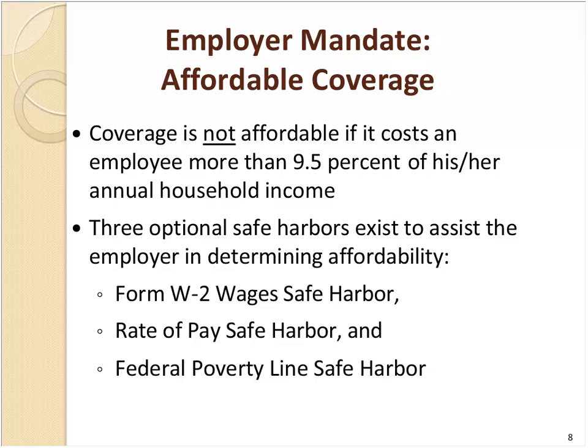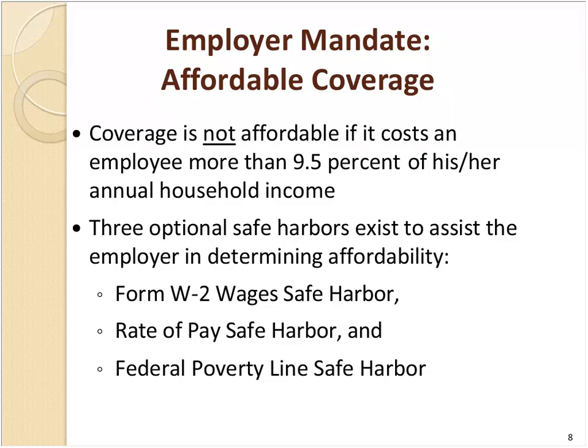And if the employer offers 95% or more of its employees minimum value coverage that they don't charge any more than 9.5% of W-2 wages from that employer, then that employer will be fine and will not be assessed